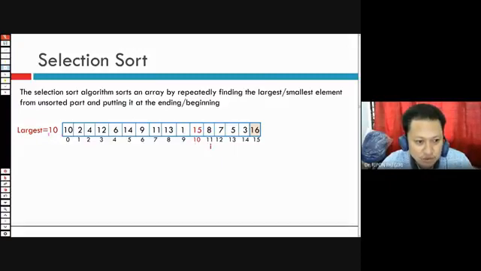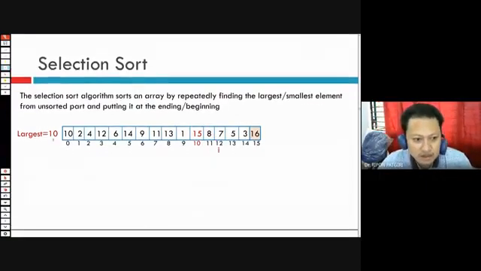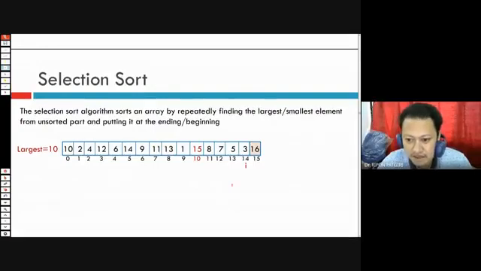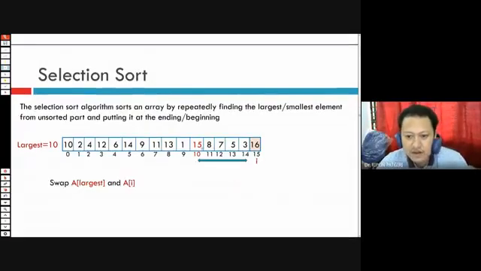Then we will put 10 here, because 8 is smaller. Similarly, 7 is still 10, 5 is still 10, and 13 is still 10. And then perform the exchange between 15 and 3.